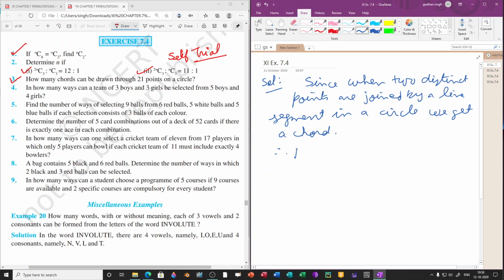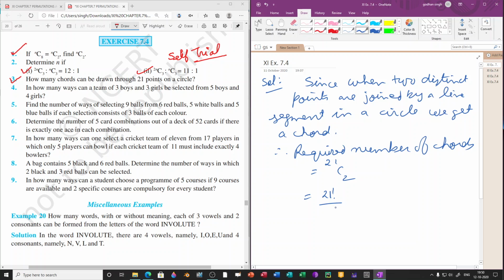Therefore required number of chords is equal to, how many points are given? 21 points are given, and already we have seen that if you join 2 points, what we get is a chord. So 21C2 chords are possible, and that is equal to 21 factorial over just the formula of nCr, that